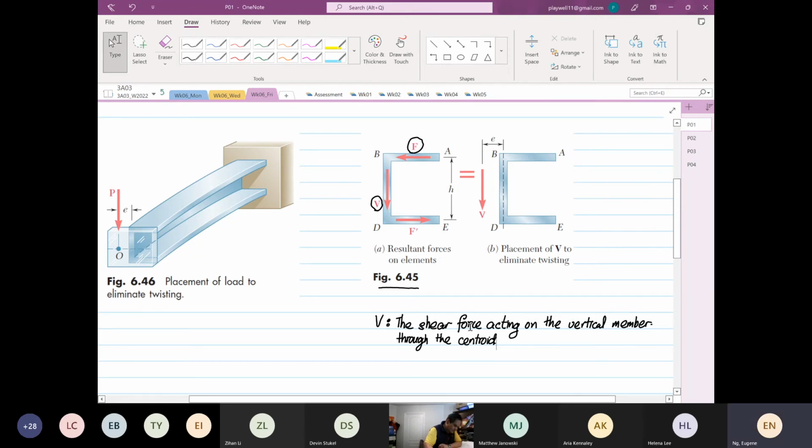The centroid axis is going to be here, so you have one along Z and one along Y. Then you have F and F prime, which is the shear force